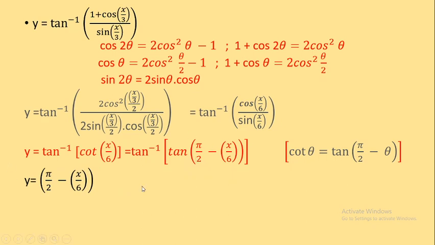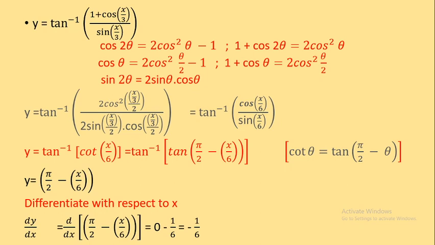So you can understand, I have not even started with the derivative till now. I am just solving the sum step by step and simplifying it. You can see that this big sum has converted to a very small sum, and now I am going to find the derivative of this. The next step is to differentiate with respect to x. The derivative of pi by 2 is 0 because it is constant, and many of you must have already understood the answer. What is the answer? Yes, it's minus 1 by 6, because the derivative of a constant is 0 and of x by 6 is 1 by 6, with the minus sign.